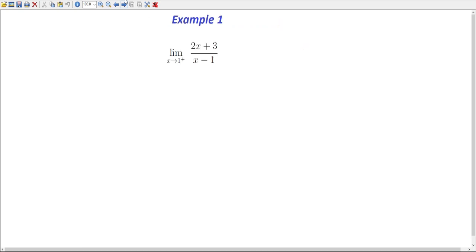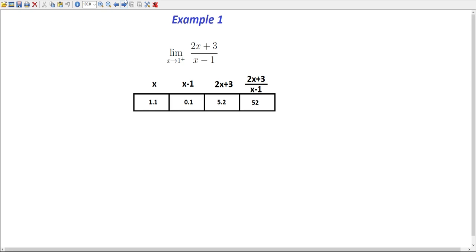The example we will consider is the limit as x goes to 1 plus of 2x plus 3 over x minus 1. Note that the limit of the top is 5 and the limit of the bottom is 0. So this is exactly the sort of limit we should be looking at. So let's do some numerical calculations. We take x close to 1, but a little larger than 1, which is what x goes to 1 plus